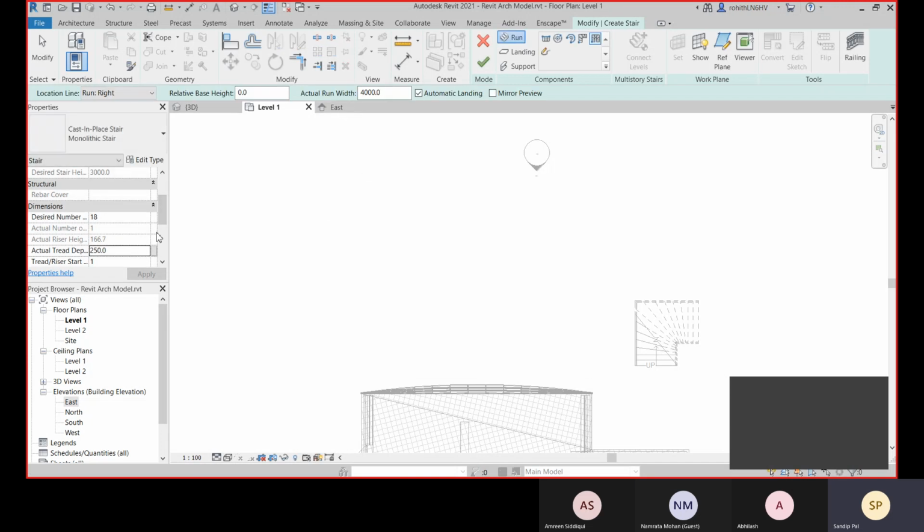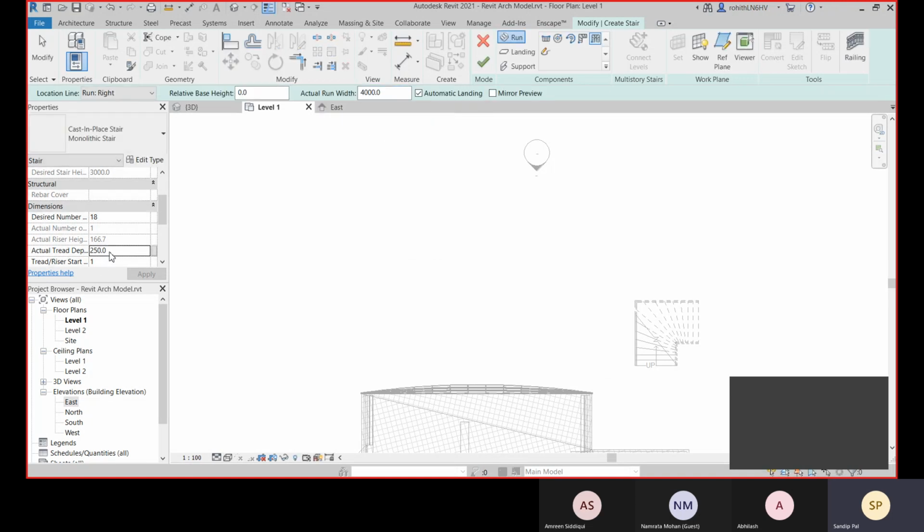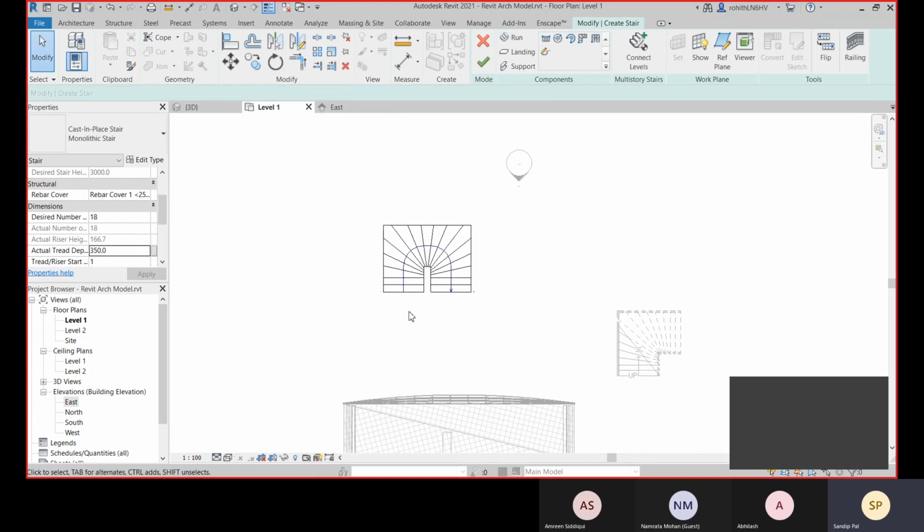The calculation we have to do. I think for 4000 we need to increase this one, or else we have to check it. So let's go with 2000 right now. How can we create this one now?